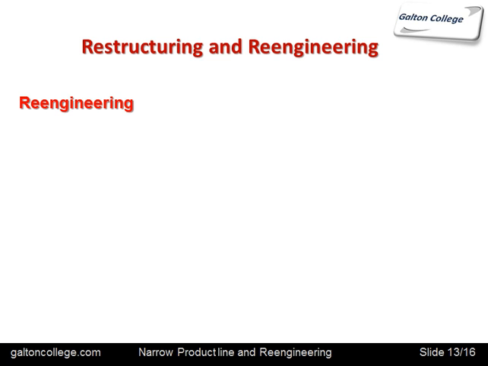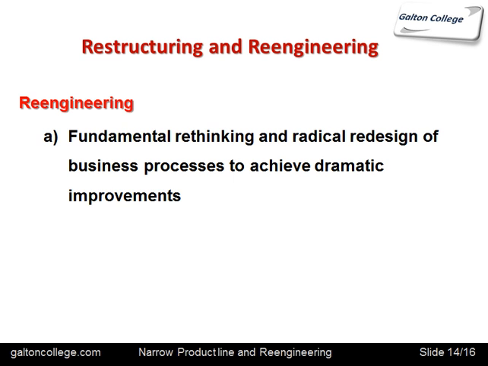Now we've looked at restructuring. Let's look at reengineering. This is a fairly big topic, and we're not going to do it anything like justice here. We're just going to introduce the concepts and move on. It's a fundamental rethinking and radical redesign of business processes to achieve dramatic improvements. So reengineering is looking critically at what has been done to see if it can be improved, to see if it can be changed. So it's perhaps looking at the final product and then working backwards from the final product